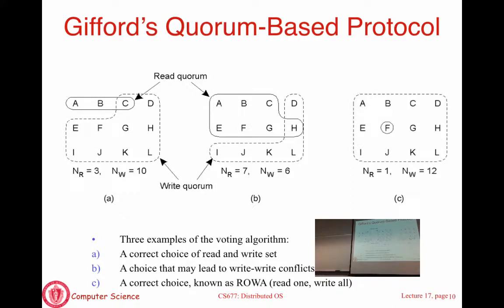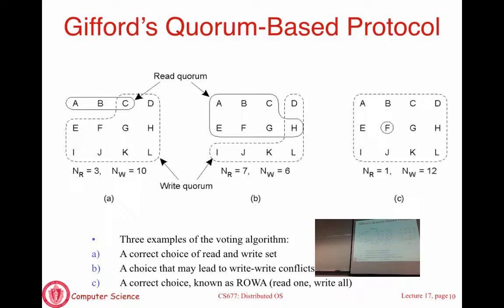Now let's say you want to read the file. You are going to pick 7 servers at random. In this case, you pick these 7 servers. Question is, are they going to agree? You picked in this case 6 servers, which is A, B, C, E, F, G that did not see the write, H that did see the write. H is going to disagree with the rest. If you have a disagreement, then you say that I don't know what's the right version, they are all disagreeing. So you pick another 7 servers until you find agreement.